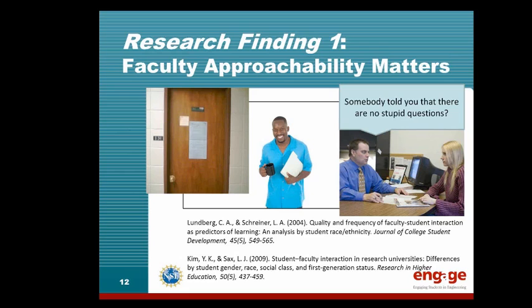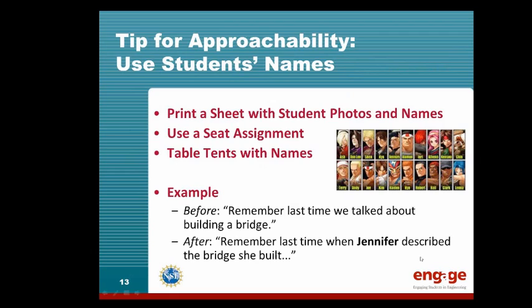A very specific way that a faculty member can improve approachability is to use student names. And this is important for a variety of reasons. I'll just say, notice I said not learn the names, because sometimes you have courses with very large numbers of students, and it can be very difficult, even if you learn some of the tricks of the trade of learning names. What we're really recommending is just using student names, whether it's on the slide we have,